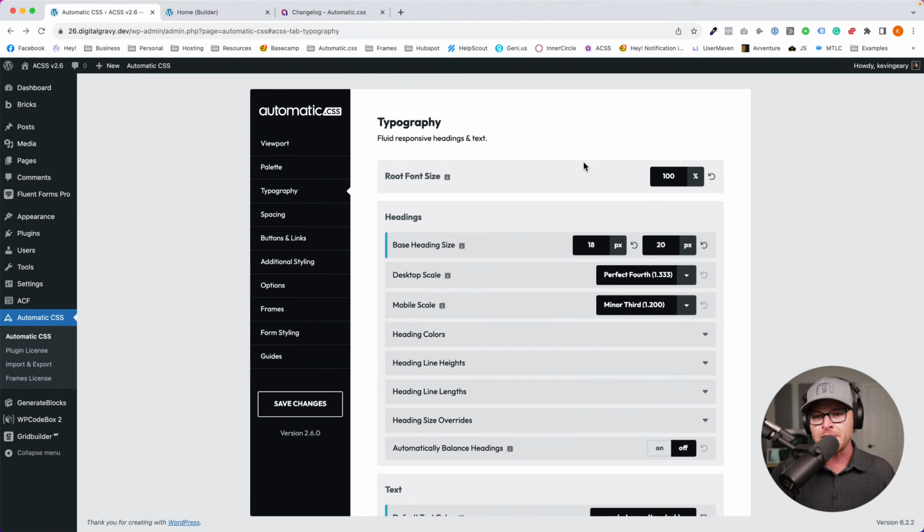Automatic CSS. Hey, what's up, Kraka? Good to have you. Root font size in Automatic CSS is set to 62.5% by default. There is only one reason for that. One reason and one reason alone. It is to make it easy for users to calculate rem units relative to pixel values.